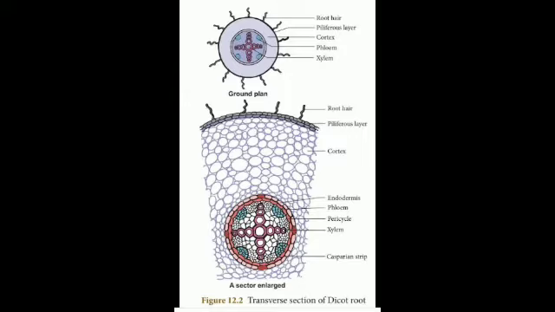Next, vascular tissues. It consists of many patches of xylem and phloem arranged radially. The xylem is exarch and polyarch. The conjunctive tissue is made up of sclerenchyma. Next, pith. It is present at the center. It is made up of parenchyma cells with intercellular spaces. It contains an abundant amount of starch grains, which it stores.